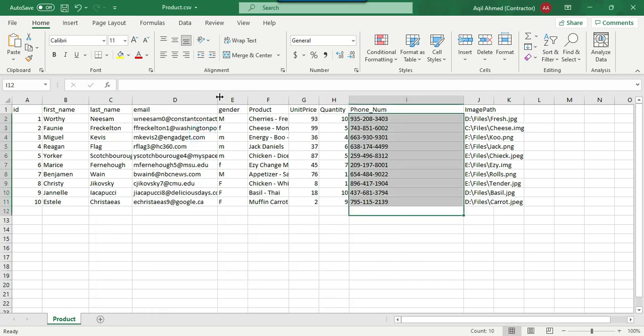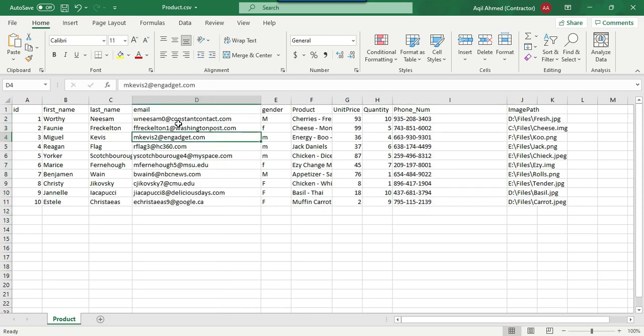If you check the email here, there is @constantcontact.com, washingtonpost.com, and values like msu.edu. We want all this information to be inserted into a SQL Server table. So we want to extract the values from this email column, those occurring after @, and insert them into a SQL Server table. So let's see how we can do all that using the SSIS expressions.